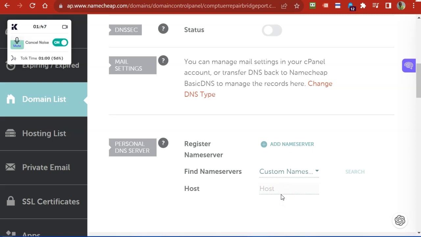Step-by-step tutorial and walkthrough of how to transfer your domain